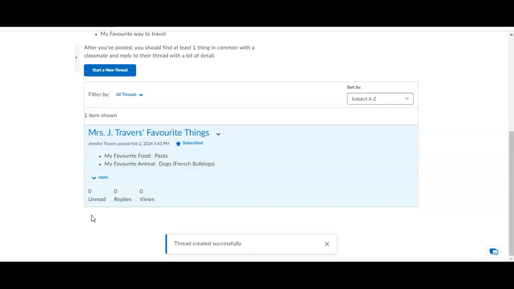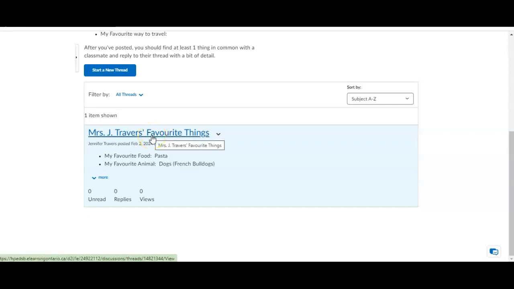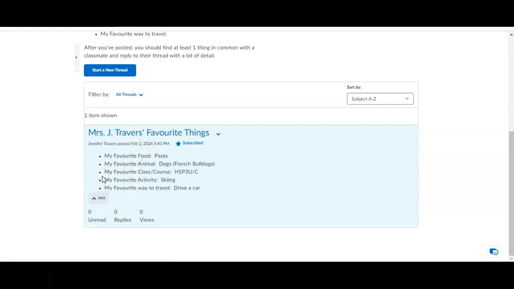You usually have to scroll down in order to see everybody's. Now, you can actually read things. If you want to go into somebody's post, if it's a big, long post, you can click here to go into it, or you can just read it within the box that it has there. We have 35 people in this class. So that's a lot of people, and it might get very long. That's why it's condensed, and you can just click on somebody's if you would like to look at the whole thing. The other thing that I would like you to do, when you're looking through everybody's, is find one thing in common